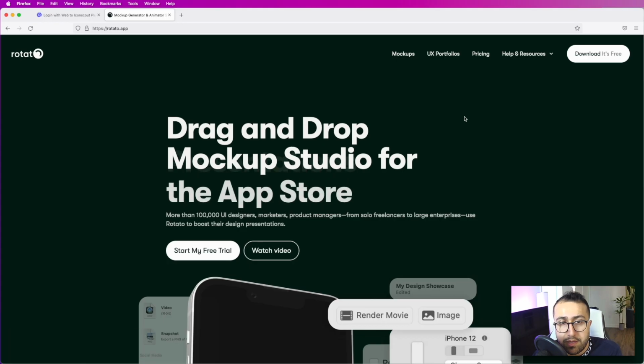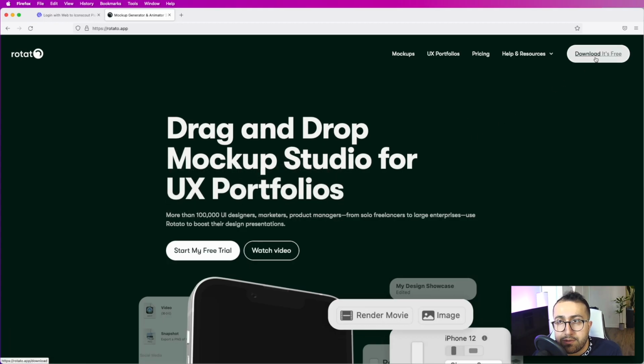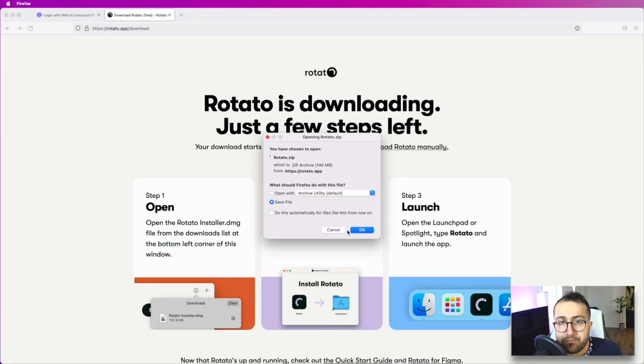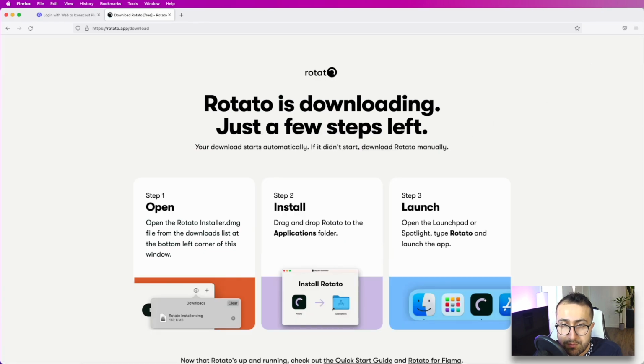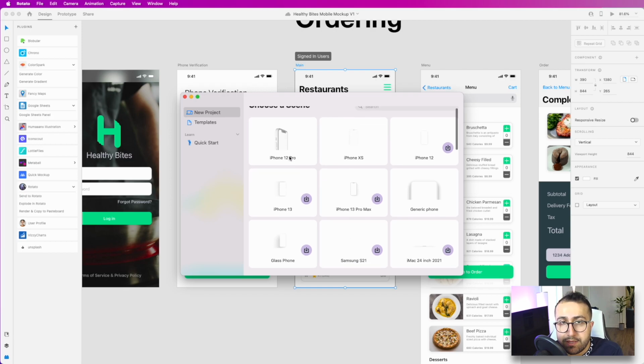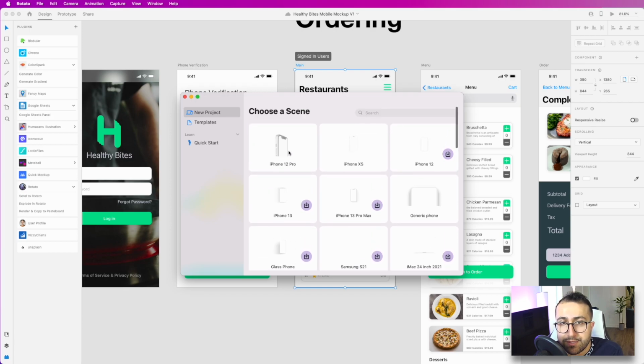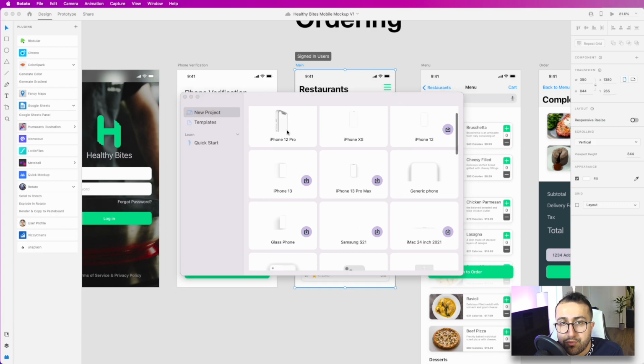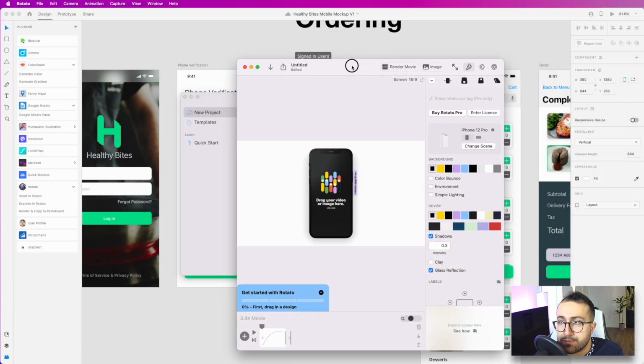So I've gone ahead and opened it up. Go ahead and download it. It's free to use. Once you do download it to your machine, go ahead and open it up, and you may need to create an account. Once you've done so, I'm going to go ahead and open up Rotato, and let's choose an iPhone device. So we're going to pick an iPhone 12 Pro, and it will open this project for us